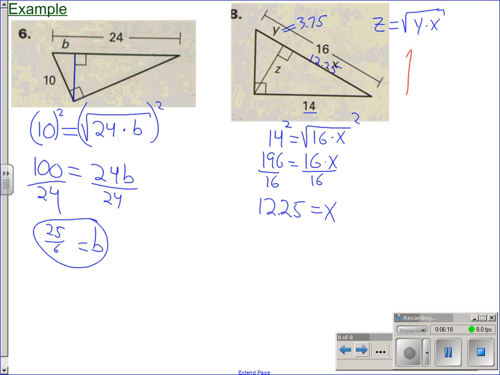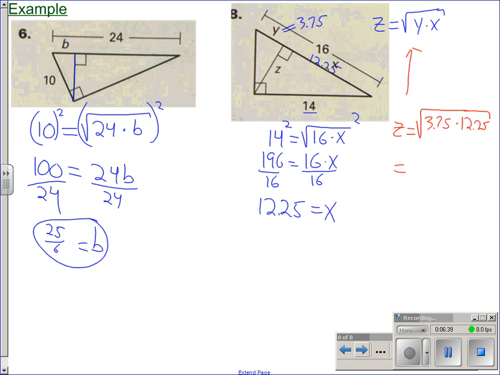Now we're back up to here. So z, the altitude of the biggest triangle, is the geometric mean of the two parts of that hypotenuse. So that's going to be our 3.75 multiplied by the other part, which was our 12.25,